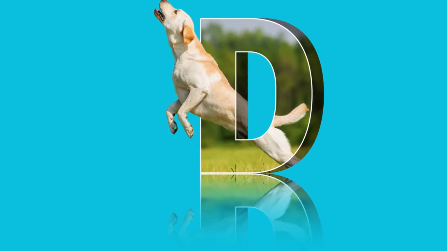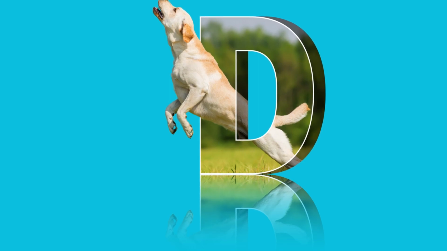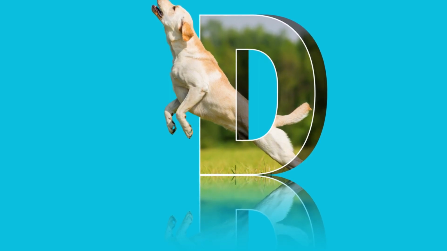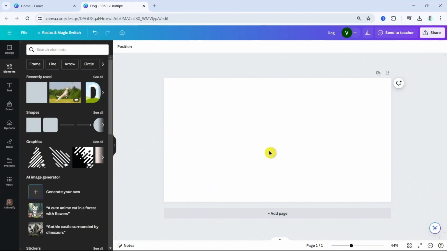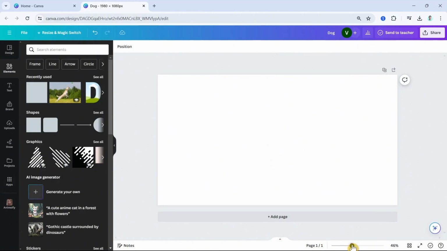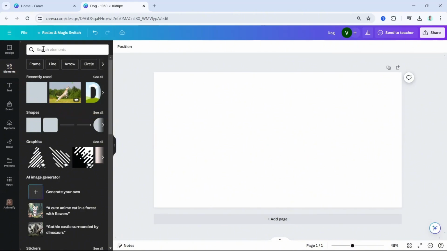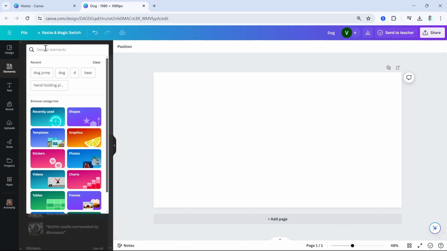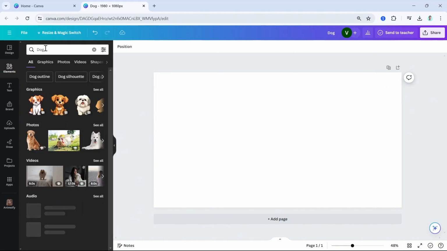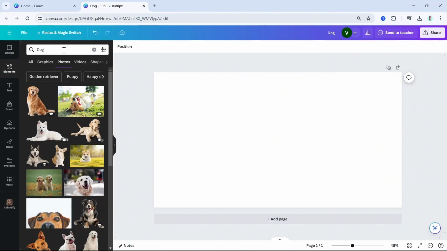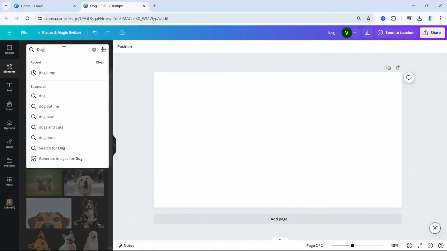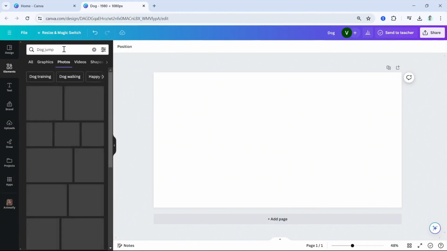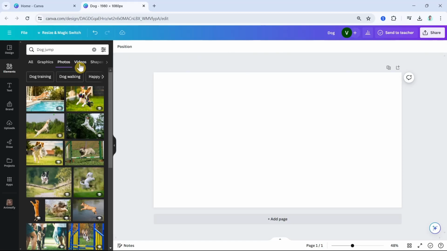In this video, we're going to show you how you can create a letter poster design in Canva. First up, you need to open your Canva, and then here we can basically zoom it out, go to elements, search for an image. For example, I'm going to search for a dog. We can add a description like a jumping dog. So for example, I'm going to select this image,